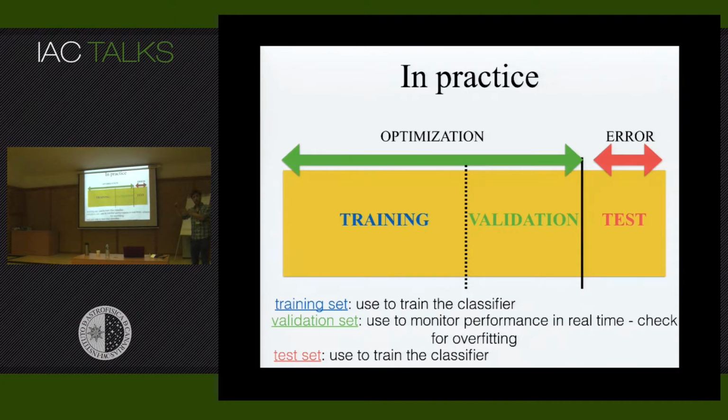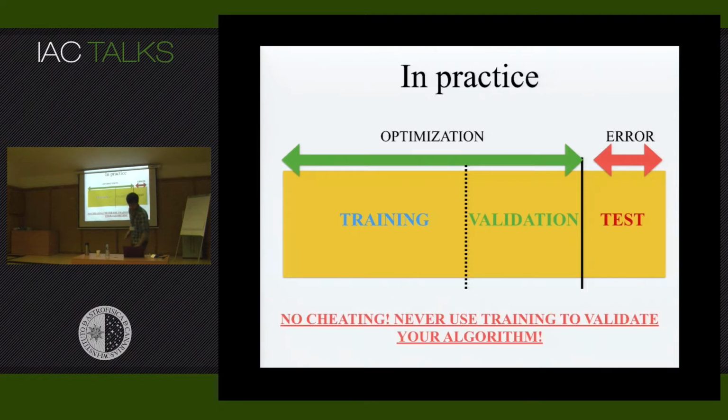But basically, you train your algorithm, you find your weights on a training set, and you will test your algorithm on another data set, which has never been seen by the network, which is the typical problem of training and testing. Again, if your biases are in both, then this doesn't help, but at least it's a first test to see how well your network or your algorithm is able to generalize. So you will never use the data set you use for training for testing your algorithms.